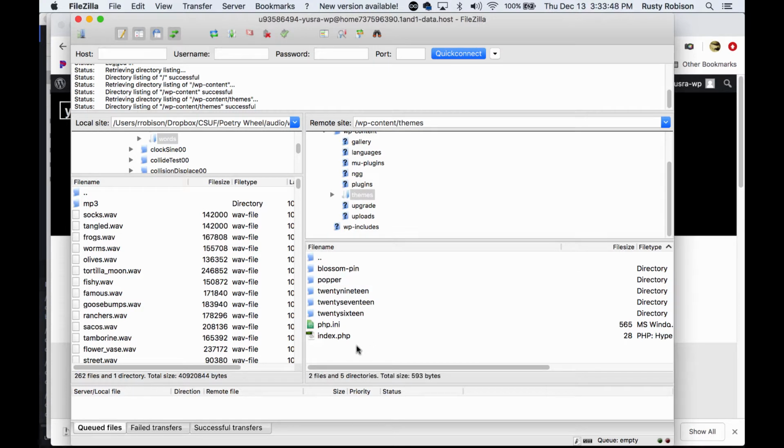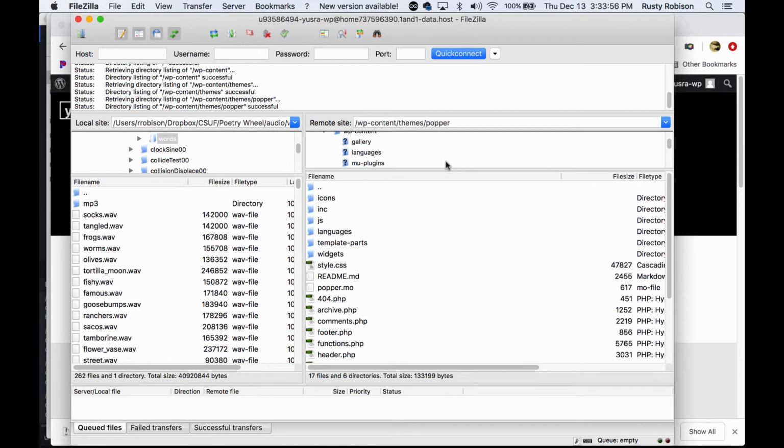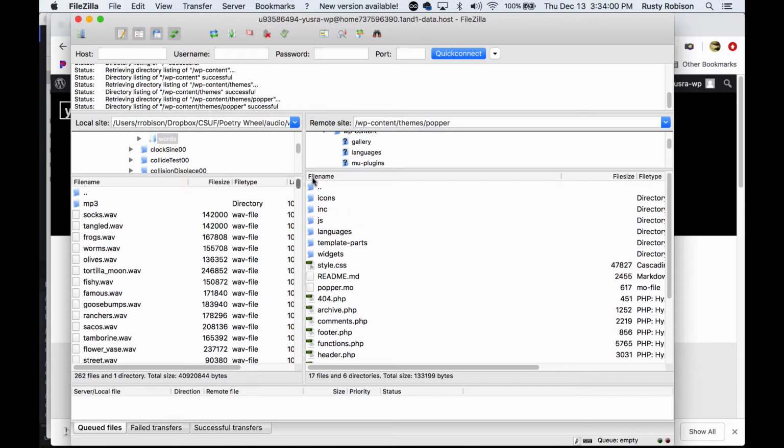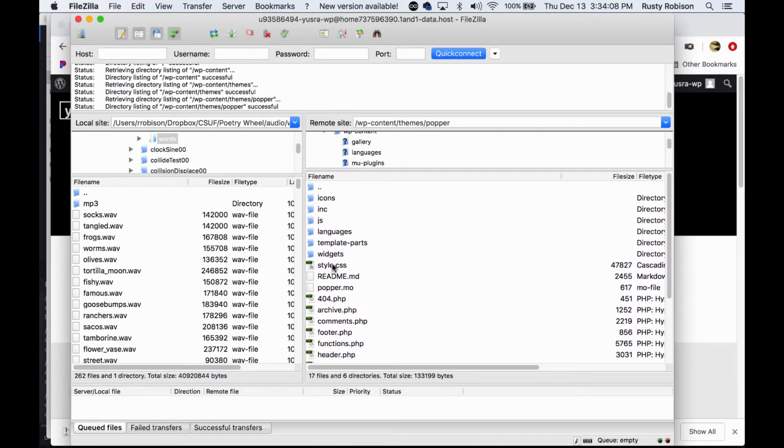So when you get into changing styles, follow along with that playlist. This is where you'll be going. So if we open popper, you can see. Let's see, where would you go? Oh, yeah, there's a style.css. Not that you're going to be editing the style.css, you're going to be making a child theme. But I just wanted to show you that